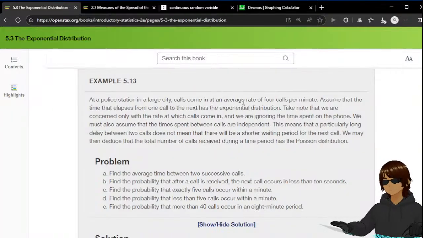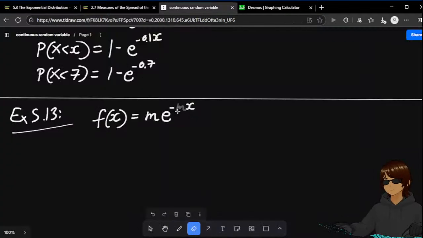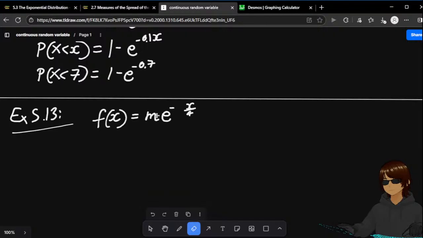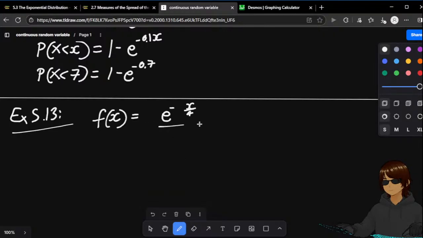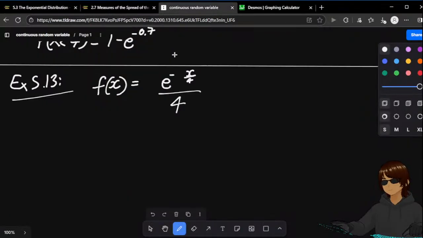The average rate is 4 calls per minute, so I will just do 1 over 4. And the cumulative is